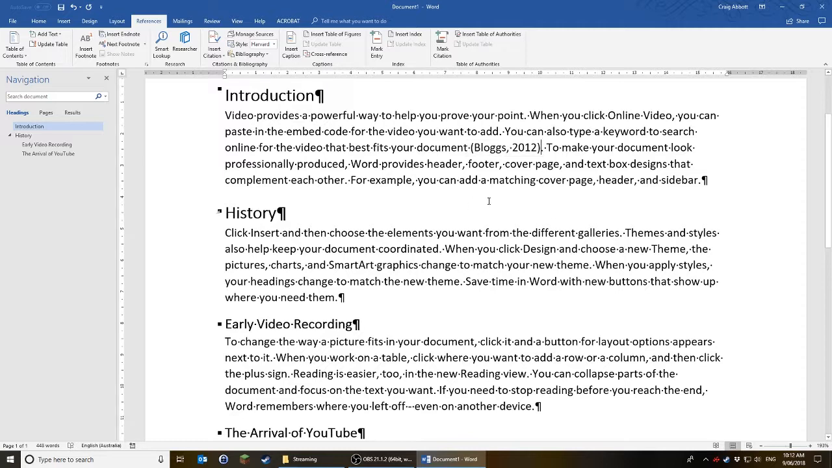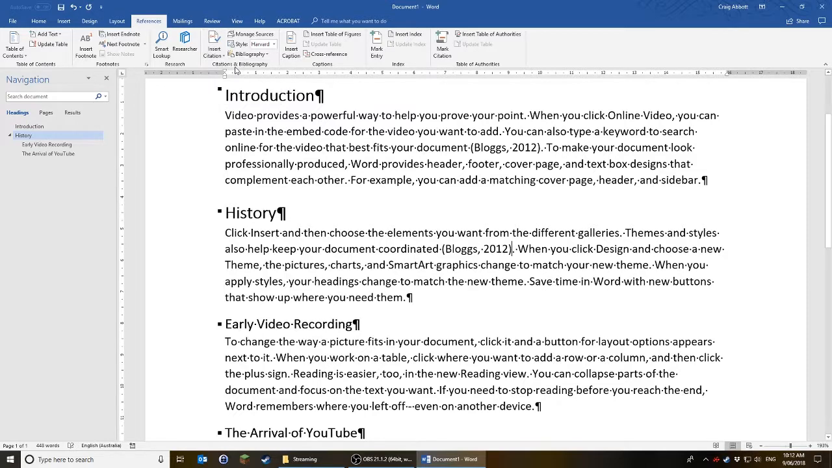I may have also had a comment down here which I need to refer to the same document. So if I bring up my citation, the list of citations I've already got is here, so I can drop it in a second time, or a third or fourth time. Now, I might have a slightly more complex citation, so I'm going to insert a citation, add a new source,